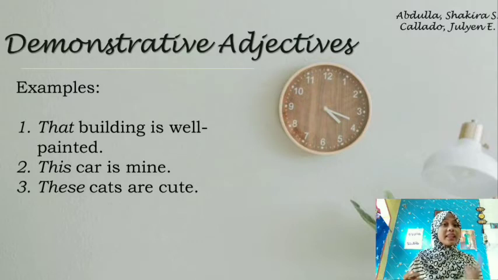So, as you can observe, "this" is used when the noun you're modifying is a singular noun, like this car, while "these" is used for plural nouns or plural subjects, like these cats. So always remember that demonstrative adjectives demonstrate, identify, or modify nouns that come after them. Demonstrative adjectives come before the noun they modify. I hope you understood it.